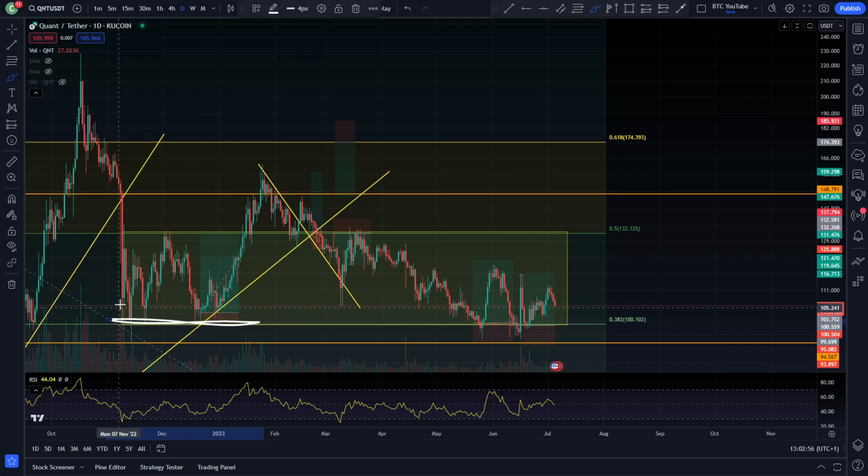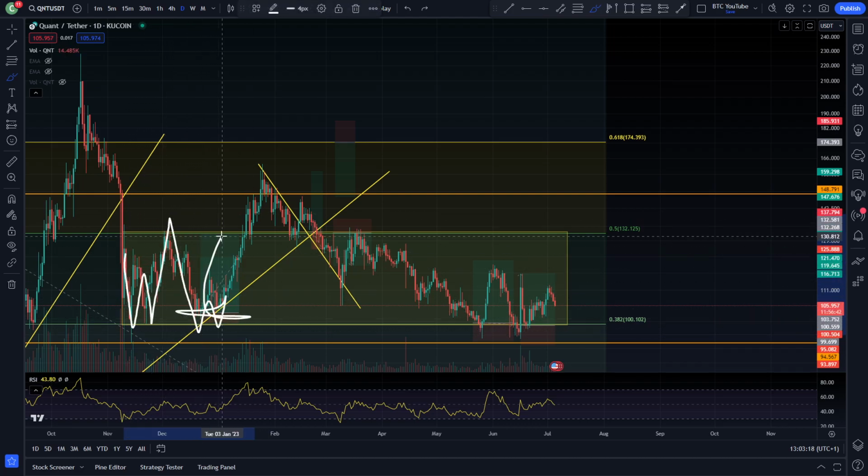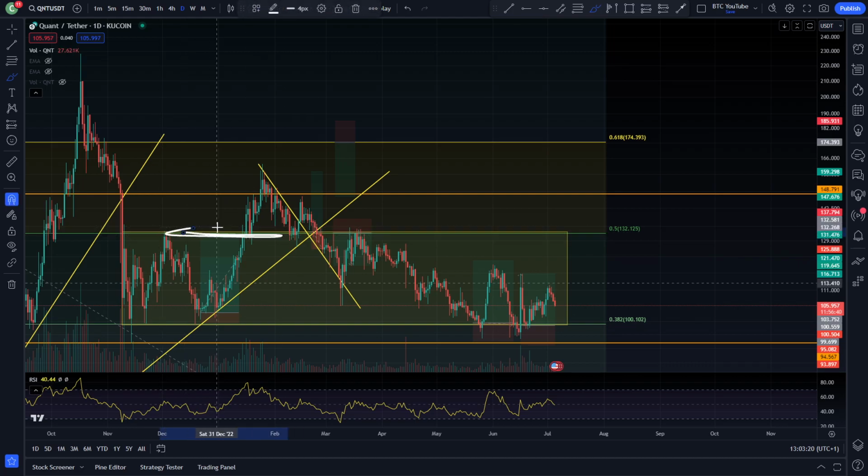You can see obviously this 0.38 Fibonacci level at the $100 mark, $100 being a very big psychological support for Quant, which I do think is basically it's just been bouncing here again and again, hasn't it? And you can see the 0.50 also acting as resistance. You can see support, resistance, support again. I took a long position here back in the day up to that level there, which got filled very nicely. You can see retracing, heading down,